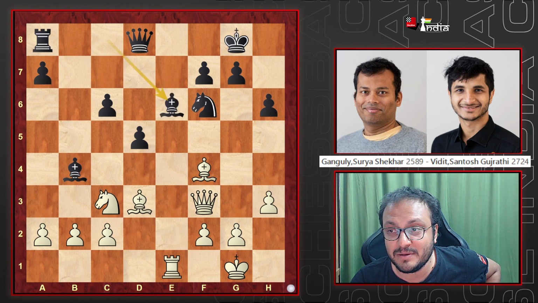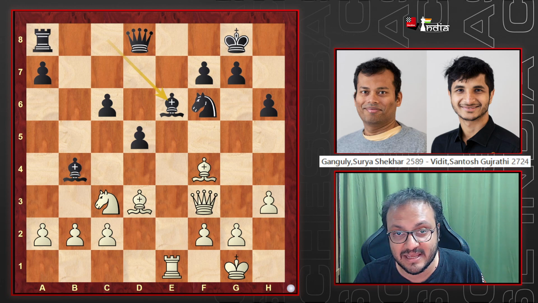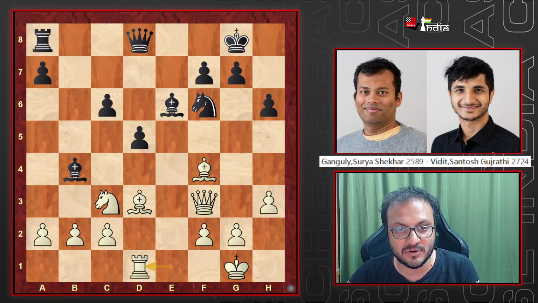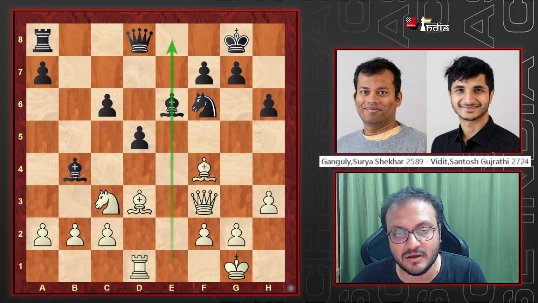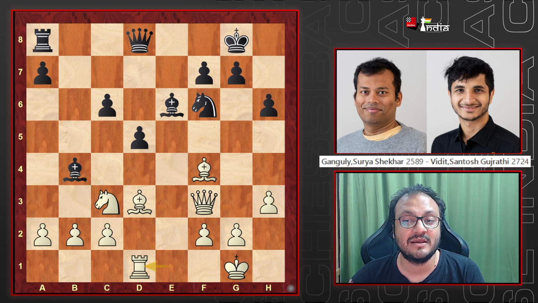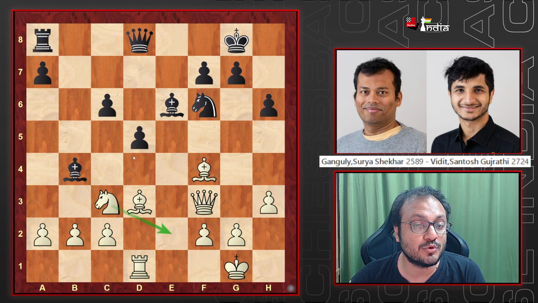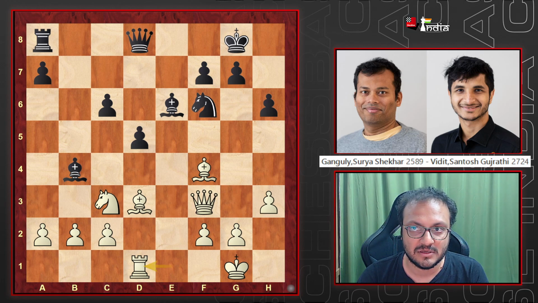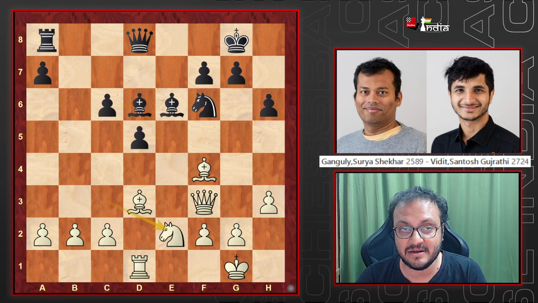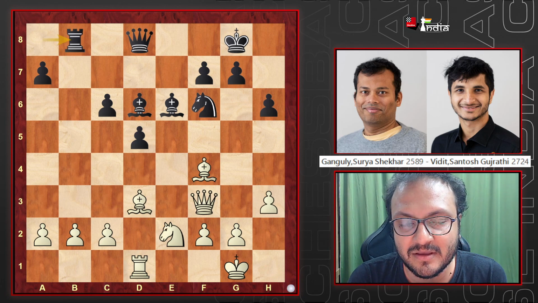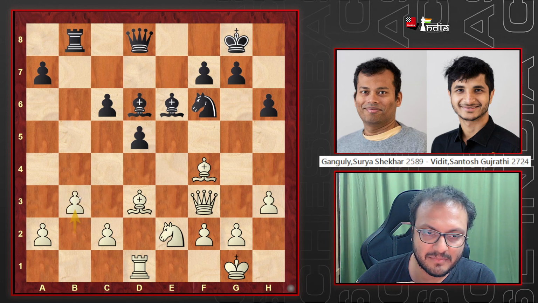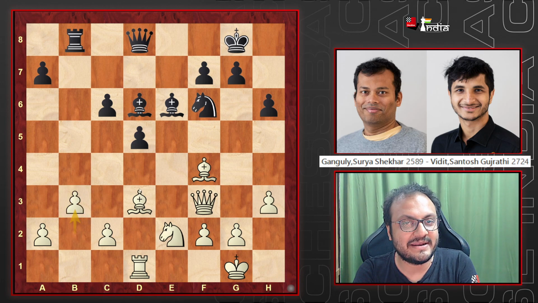This is a game between Paravian and Schweritz that they are following. Rook d1 was played, just to get the rook away from this pin here, and also now preparing knight e2 to d4. So Vidit played his bishop back, Surya went knight e2 as planned, and now rook b8. And I think at this point, well, b3 would have been a much more calm and nice move.